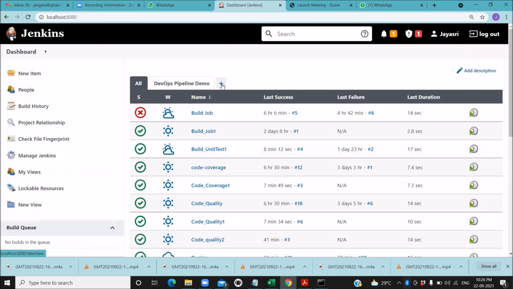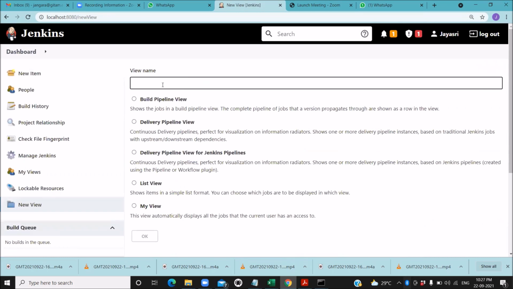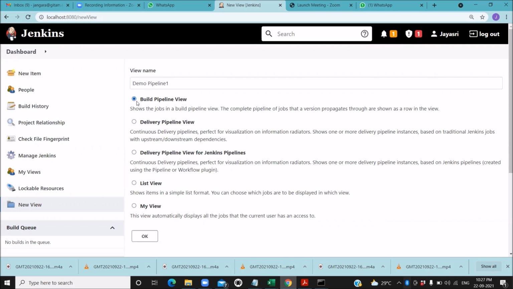Let us now go to this plus tab, and you want to create a pipeline. So make it as demo pipeline. Mention it as 1. So you have to click on build pipeline view.